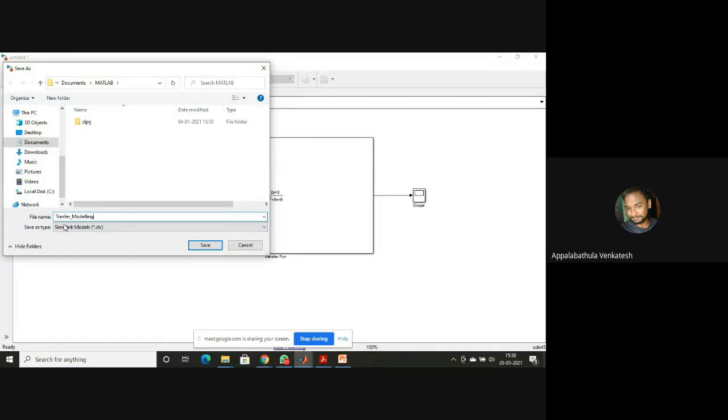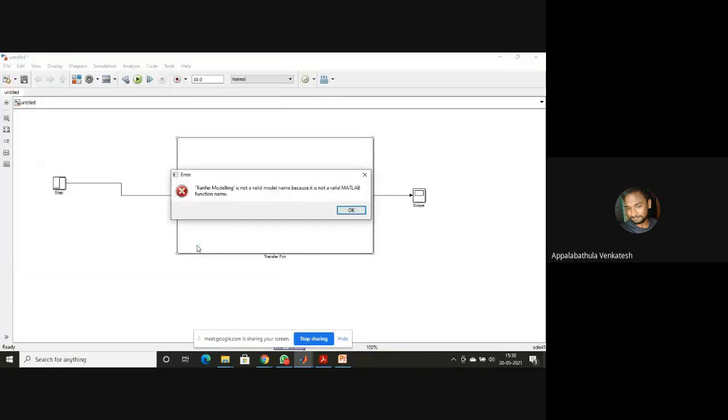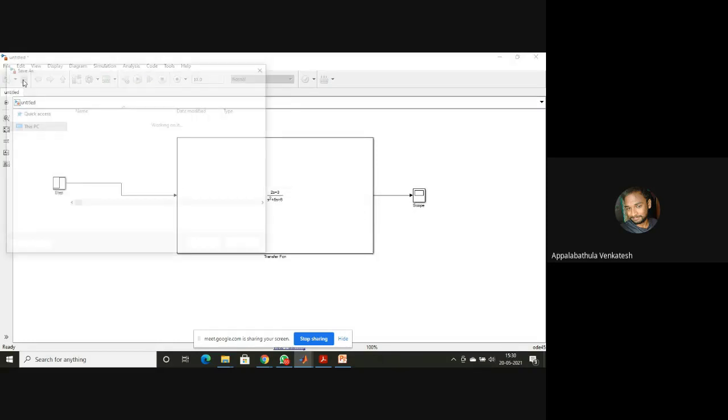So why am I using an underscore here? I will show you. If I don't use an underscore, what will happen? If I use an underscore, what will happen? Here I have given "transfer modeling" with a space, right? So I simply press the save option. It is showing an error, right? Transfer modeling is not a valid model name because it is not a valid MATLAB function name. That means while giving the name, MATLAB will take the value of that